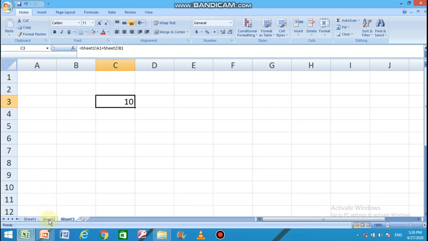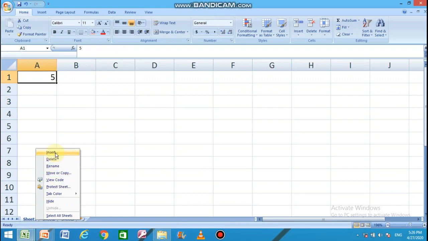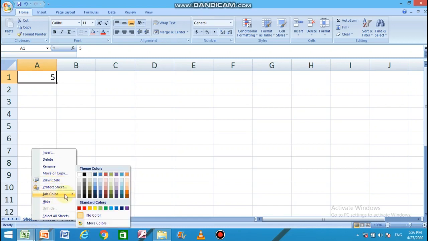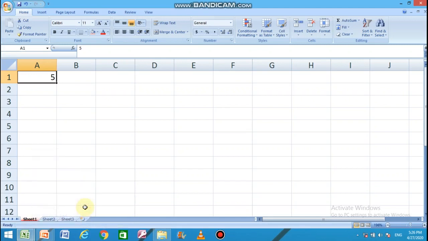Students, you can also color the sheet tabs or rename them by right clicking on the sheet tabs. This is the sheet tab area showing 3 sheets. If you want to rename or color one, right click here, select the tab color option and choose a color.